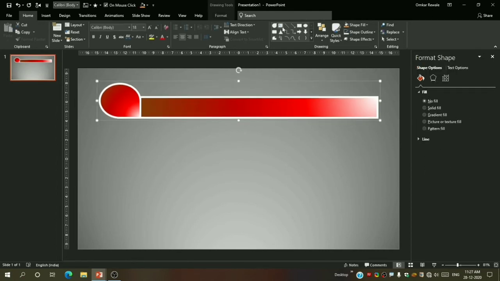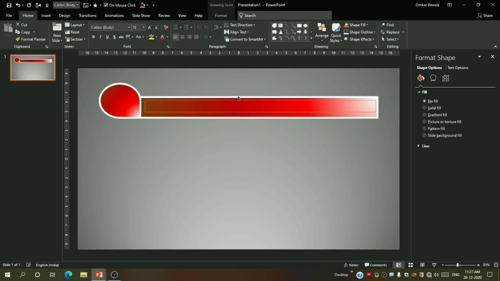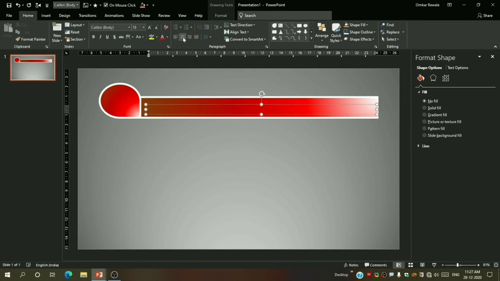Now let us insert the text tool from here in the shape. Let us make the text align in between, and let us write something. Let me write the text: your content here. Okay.